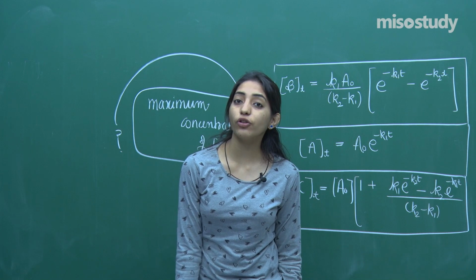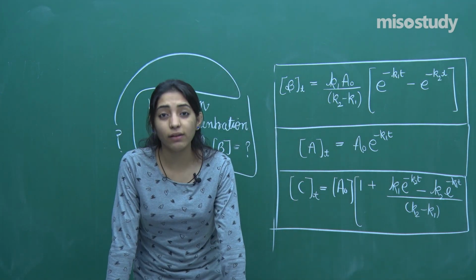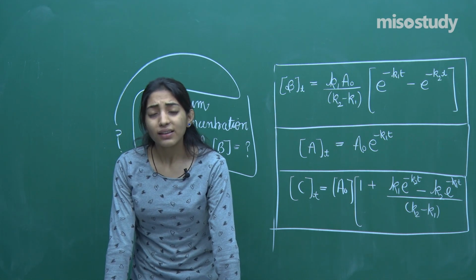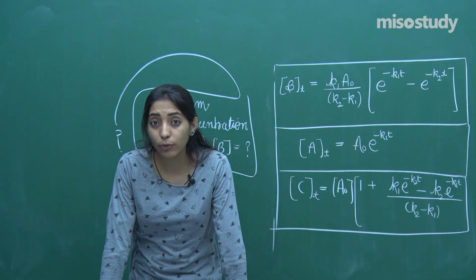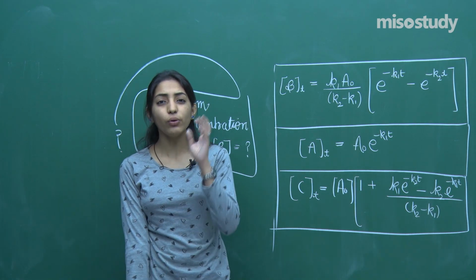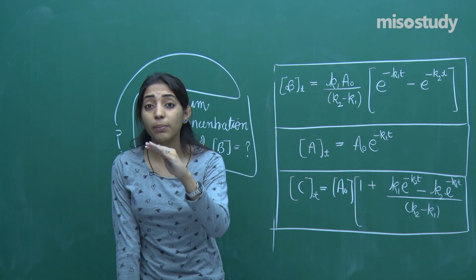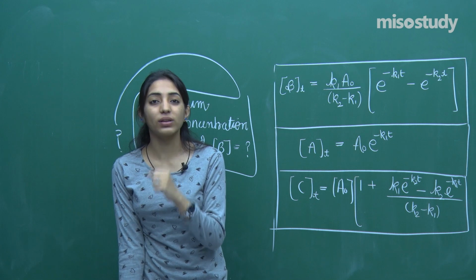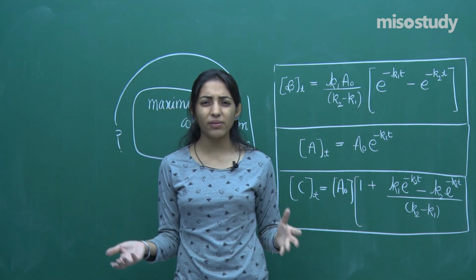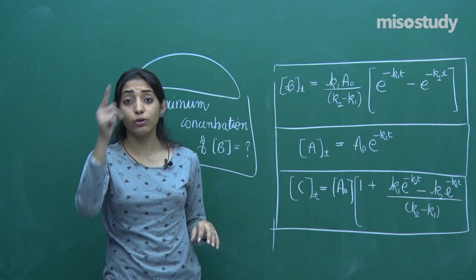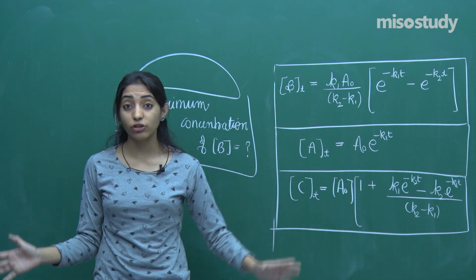So I just want you to find out what should be the maximum value of B that you can obtain from a sequential reaction. Think how you can move for the discussion related to the maximum concentration. By the way, a hint I would like to give you. So you have done this maxima and minima concept in maths, right? When it is a maxima, what is the condition? When it is a minima, what is the condition? These points are called some special points in maths, right? When the curve goes in the upward or in the downward direction. The ones which are having tangent equal to 0.